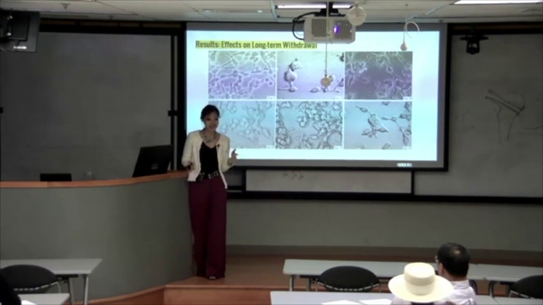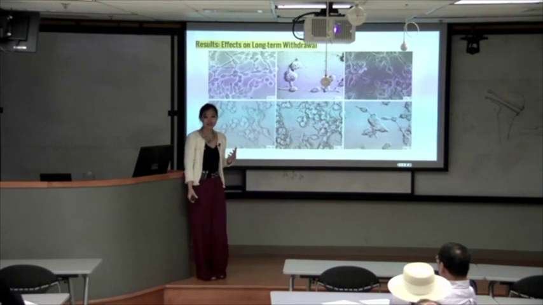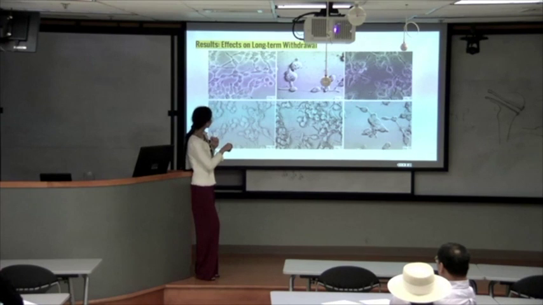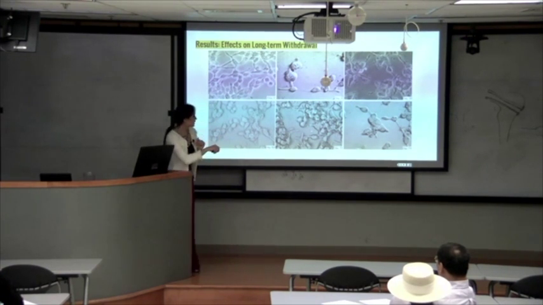Furthermore, we're also curious about any possible long-term effects on hormone-deprived cells. So we actually grew these LNCaP cells without hormone for 74 days. Here we have day 0 and day 20 for reference, and then day 30, 60, 70, and 74. These are also all at 40x magnification. And you can see the change in these cells that have been withdrawn from hormone. The change in the shape remains throughout the 74 days.